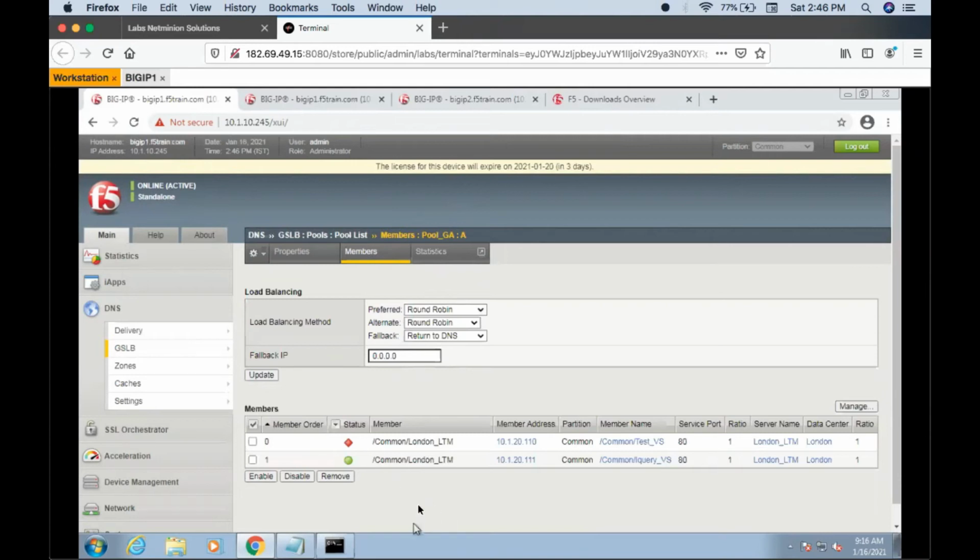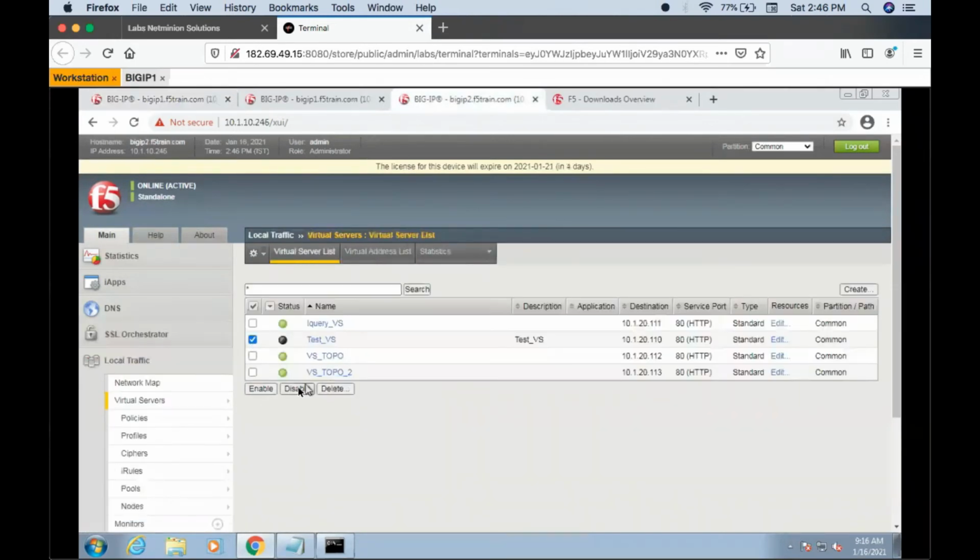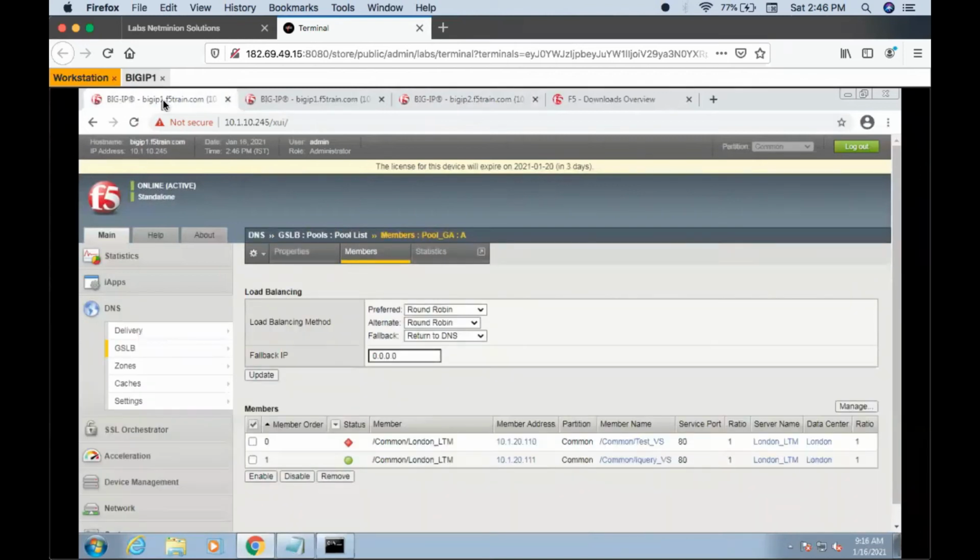GA is based on the member order. Member order, exactly. So this order is of no use unless you are using GA. Just keep that in mind. And how to change the order? Suppose after some time